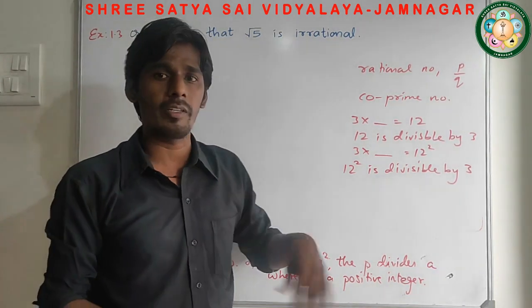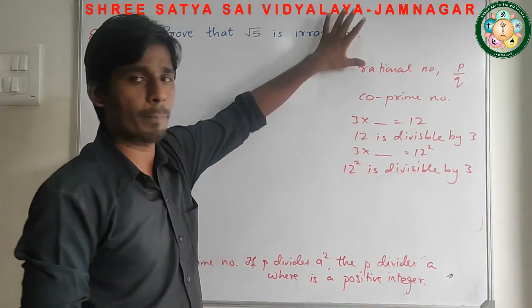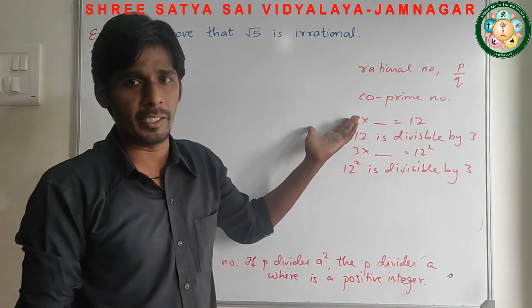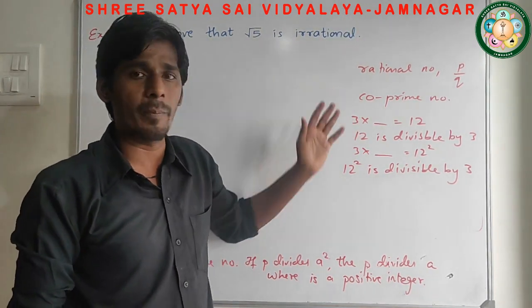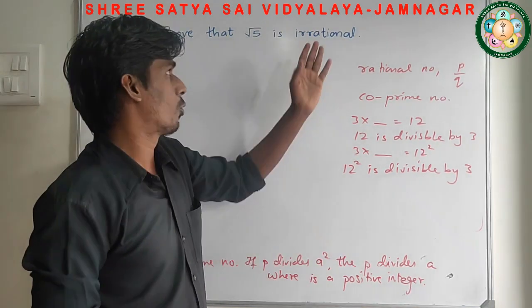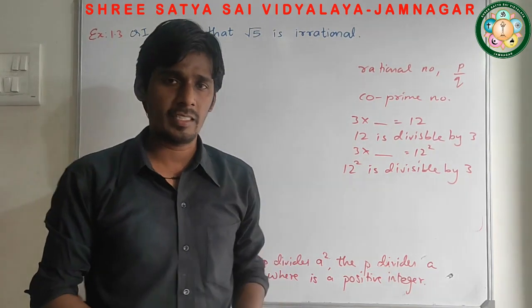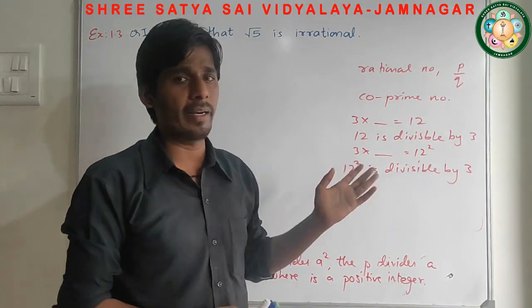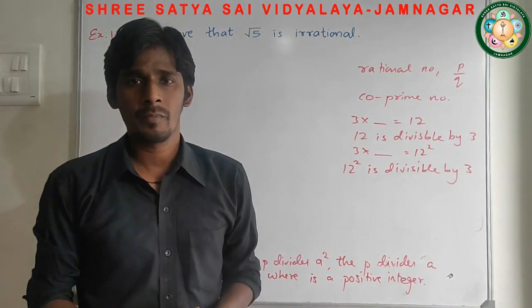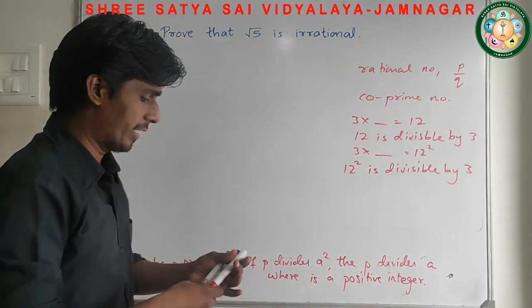So I am going to use a contrary statement, means जो prove करना है उसका opposite statement use करूँगा और वही statement को मैं गलत prove कर दूंगा. तो अगर root 5 rational नहीं हुआ, then it becomes what? Irrational. As I told you, अगर कोई भी number rational नहीं होता, then it becomes what? Irrational. So let's start proving it.